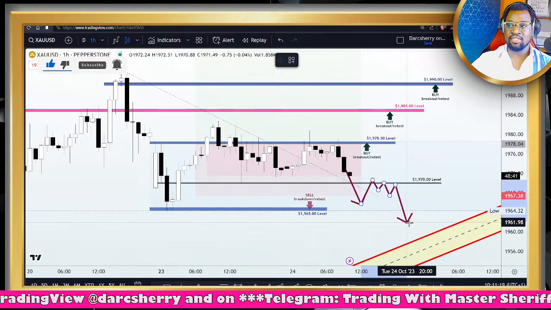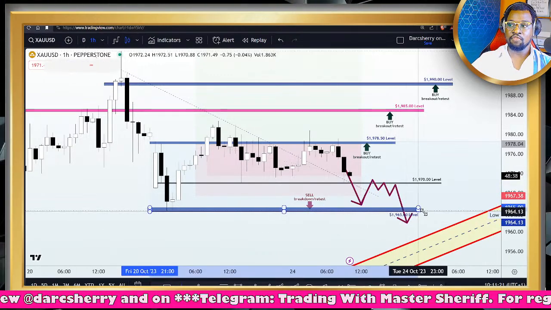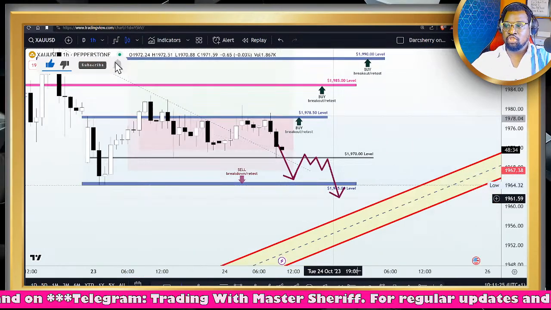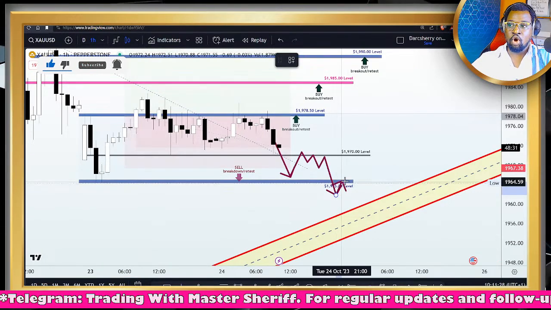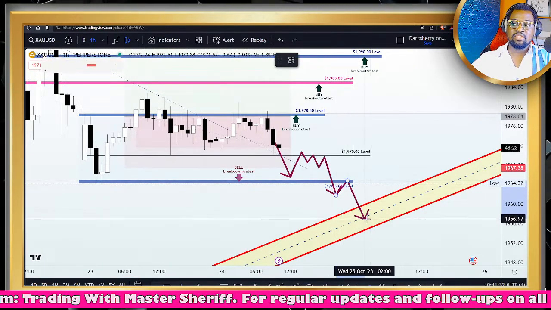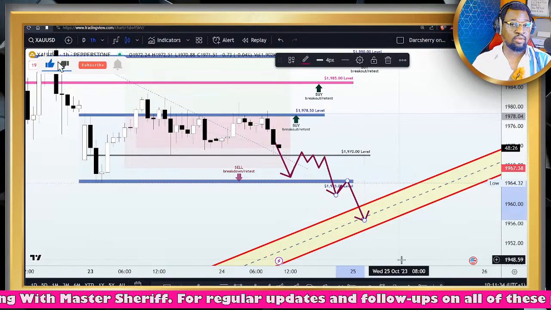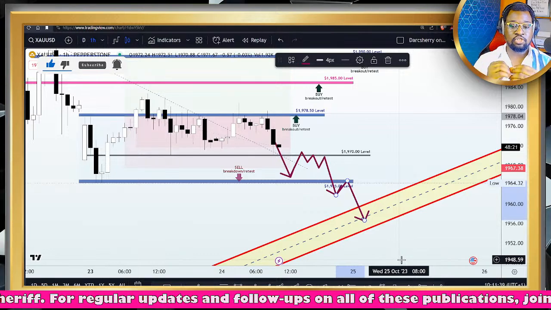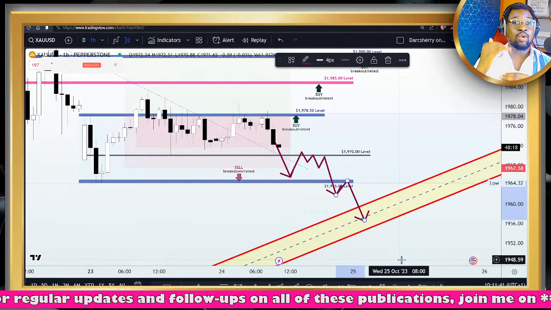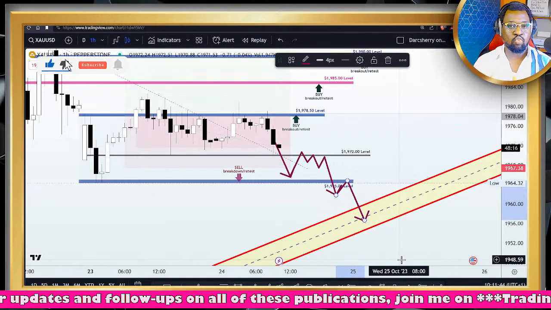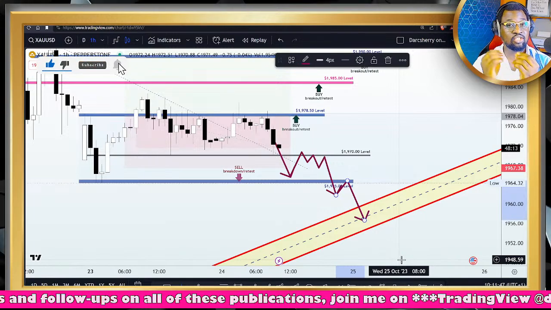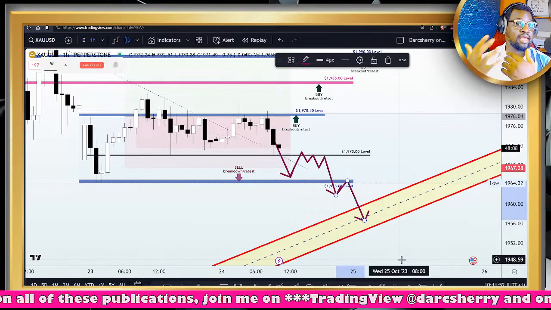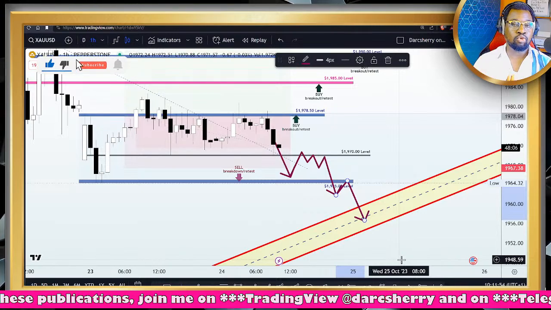And if we join in, we sell, then a further breakdown of the $1,965 area will welcome more selling opportunities. Then we can join that momentum all the way to the downside. Then as soon as price gets into that ascending trend line we spotted on the 4 hours time frame, move all stop losses, secure your position around the 1,965 while we wait and see how the market will be reacting to that ascending trend line to determine if we are going to be adding more sell positions to our existing trade or getting ready for another wave of bullish momentum.